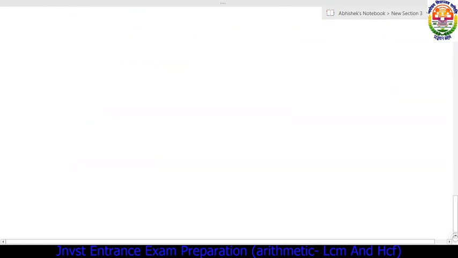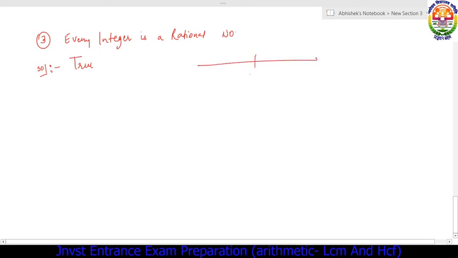Now let's take a third example. If I write, every integer is a rational number, this answer is true. Why true? Let's take, if I write 4 by 5,